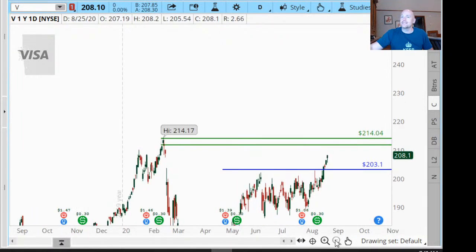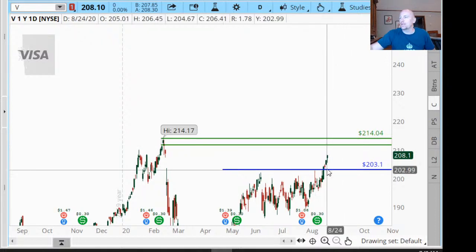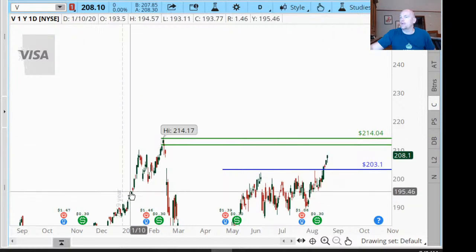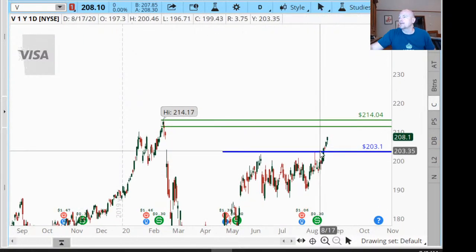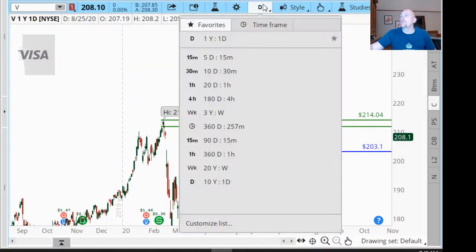So technically that's a supply level, and if you wanted to take a short off of there, I wouldn't hate it. I don't like shorting an all-time high. I actually think this is a better chance to see a potential sideways pattern and a breakout. If you like this setup on Visa, I would wait for a pullback to a better